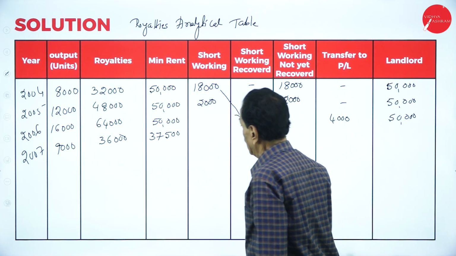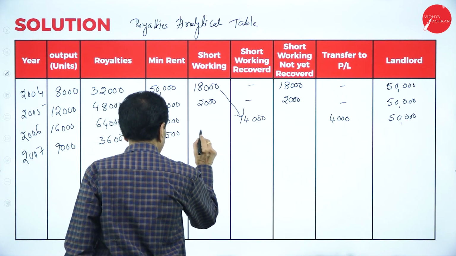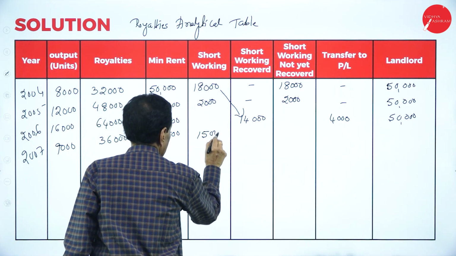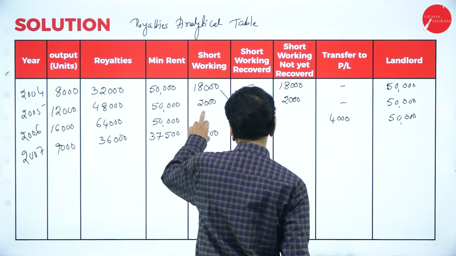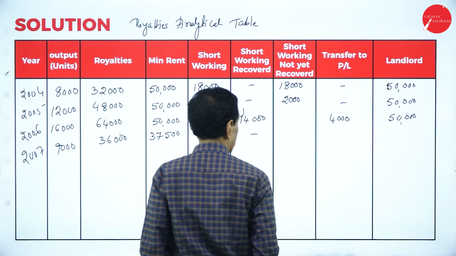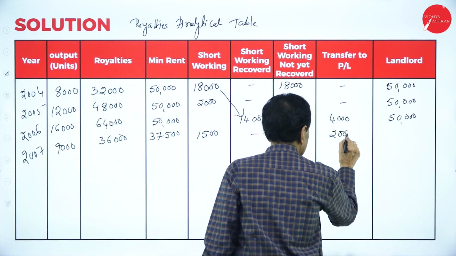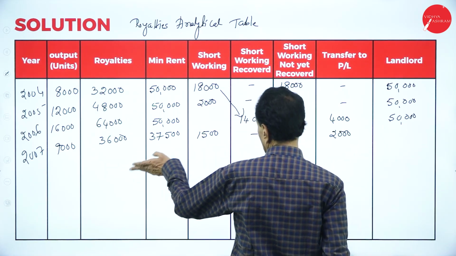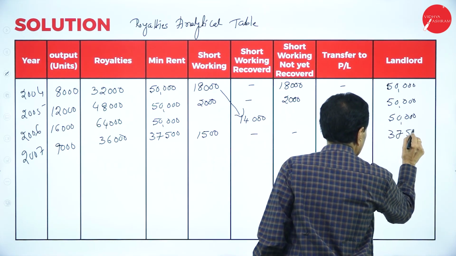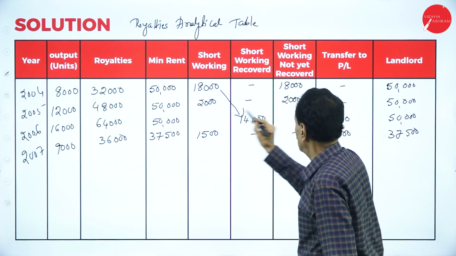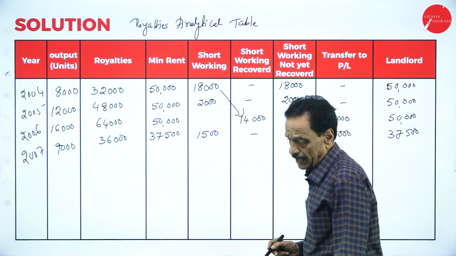Which is more? Minimum rent is more. How much shortage? 1,500. Recovered? No. How much should be recovered now? 2,000, which in 2 years could not be recovered, transferred to profit and loss account. Paid to landlord, whichever is higher, 37,500. Out of 18,000, 2,000 would have been recovered, could not be recovered. There's a shortage of 1,500. Next year,